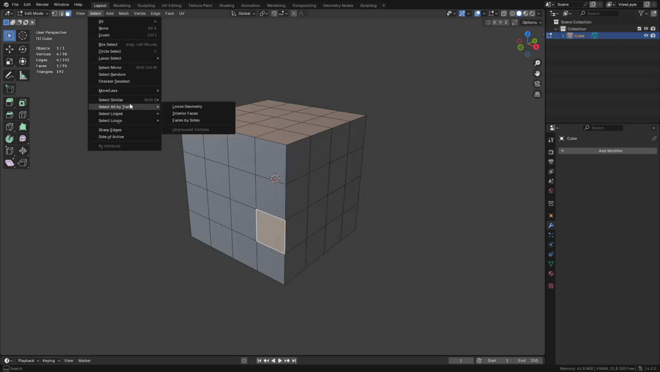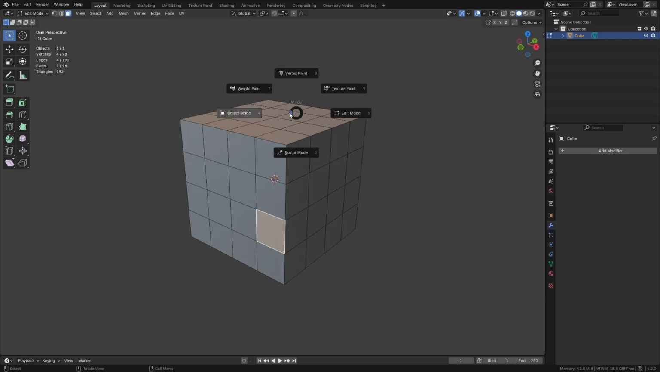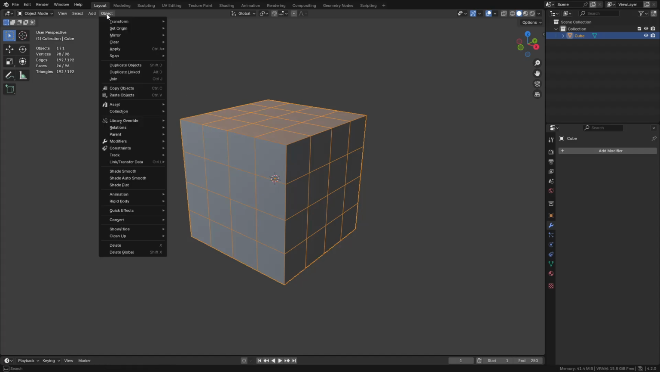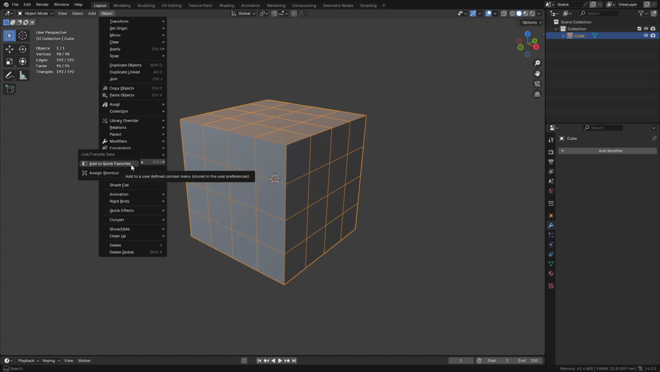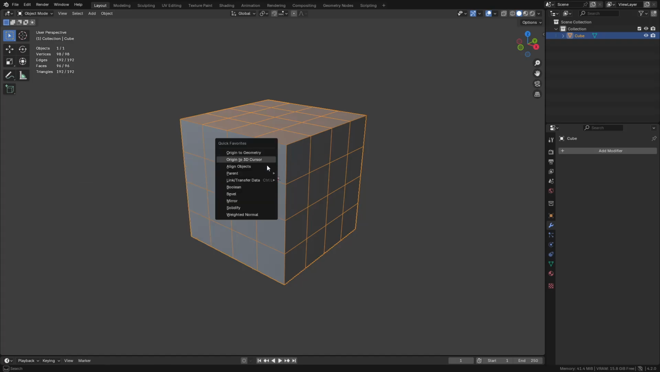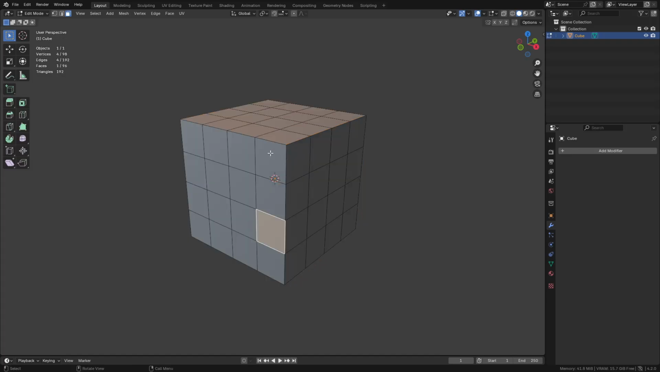You can also add other things too, so you don't have to hit Control L every time. When you're in object mode, sometimes you want to do, yeah, you see Control L right here. We can link materials, objects. Maybe you assign that to quick favorites too. So now you have all of this lining up in here. And in edit mode,